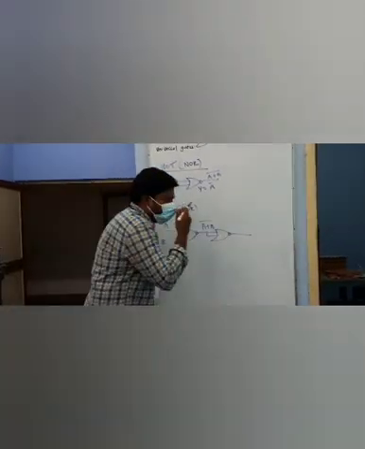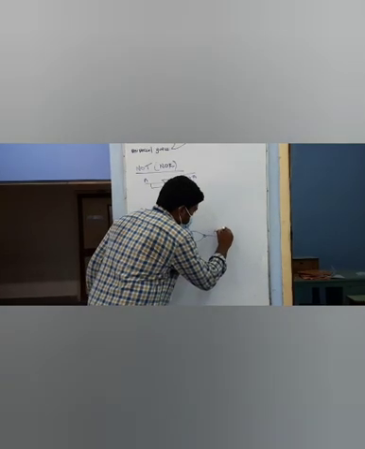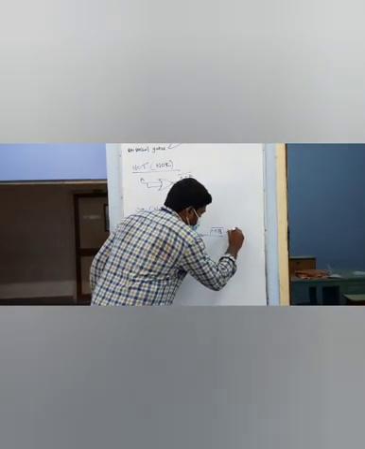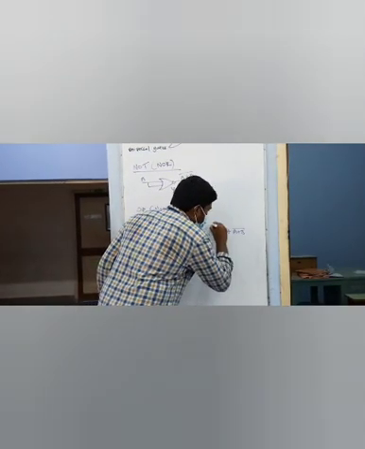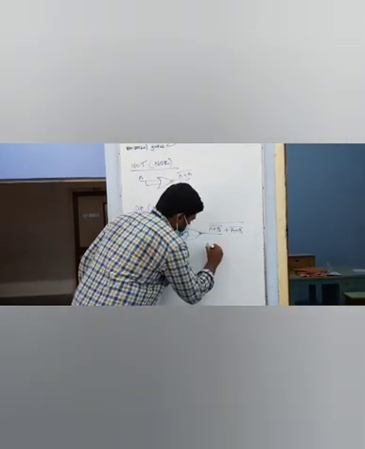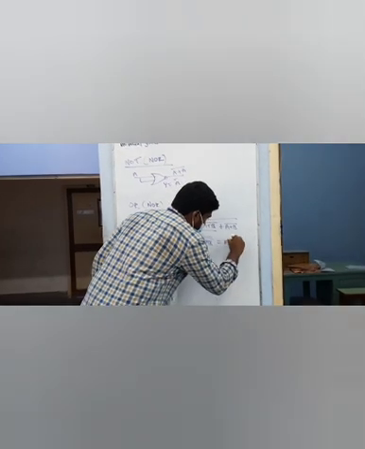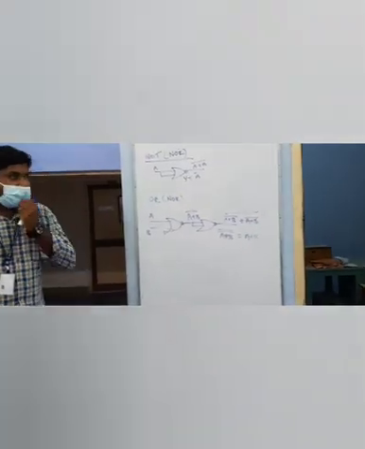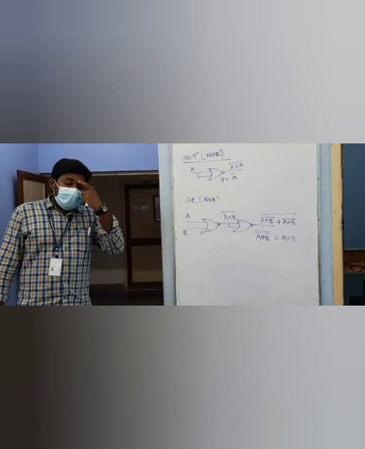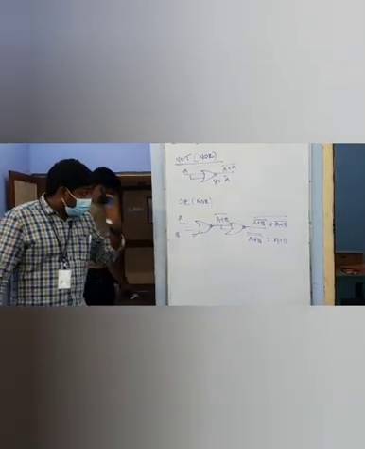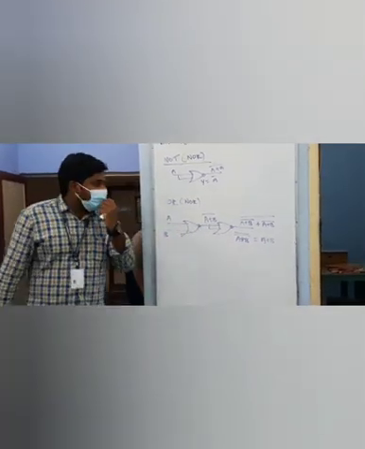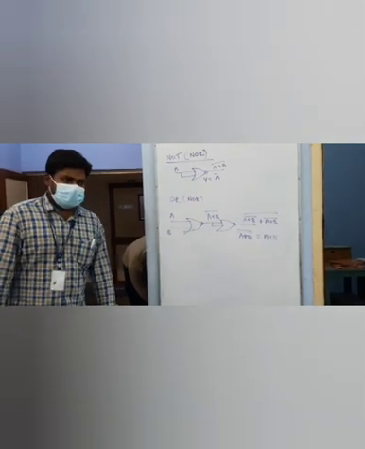So what is the output? A plus B bar plus A plus B bar the whole bar. What is this equal to? A plus B bar bar. That is equal to A plus B. So now I have implemented my OR gate using 2 NOR gates. Is it clear? Yes or no? Then what is the next gate?